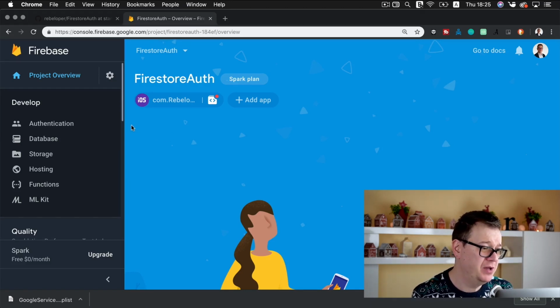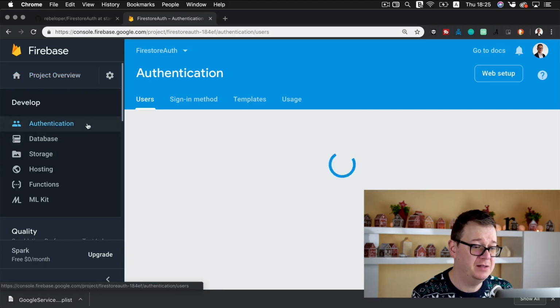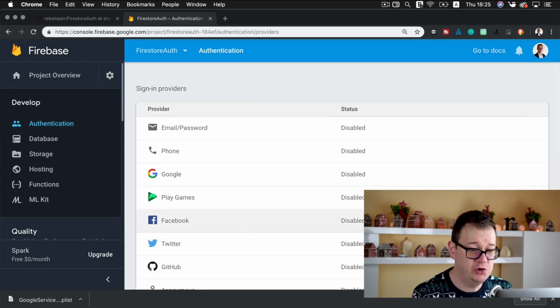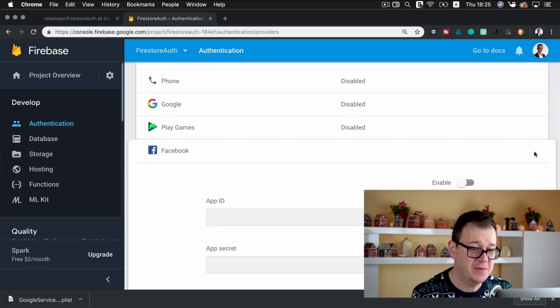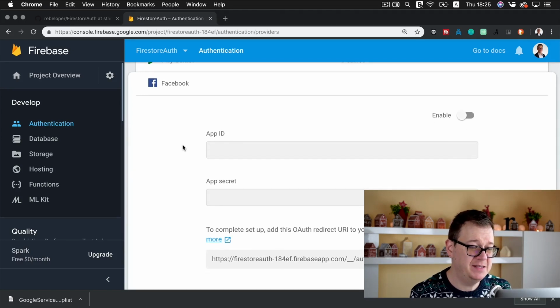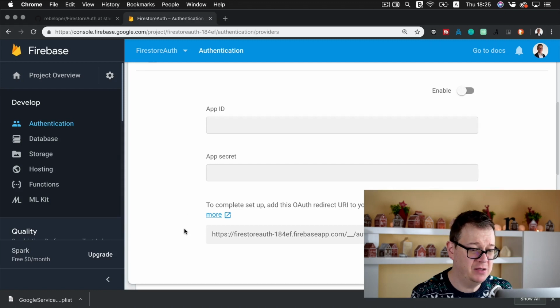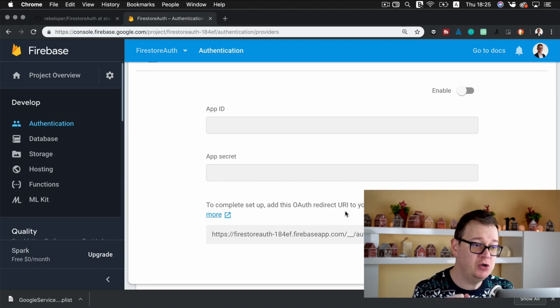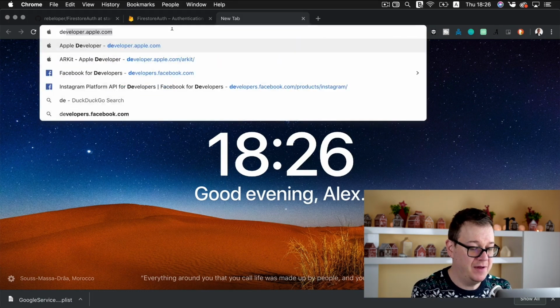So first of all, we want to enable authentication, database, and storage. But for authentication, let me just click on that. We want to set up a sign-in method, and we want to choose Facebook. Okay, now we want to enable it. But as you can see, we need an app ID, an app secret, and we want to add this OAuth redirect URI to our Facebook app configuration. So what we are going to do now is create a Facebook app. So let's create a new tab and go to